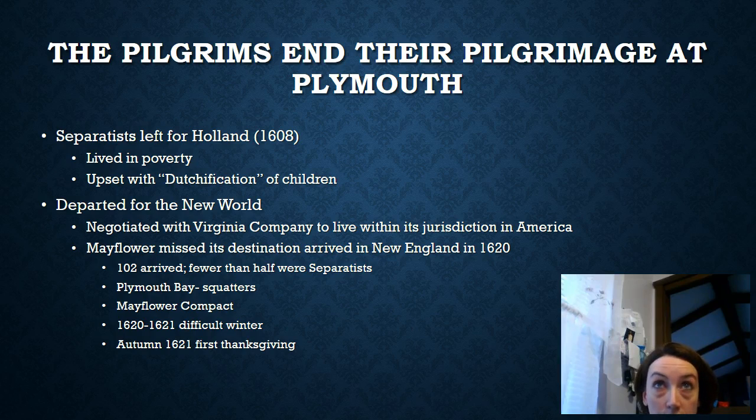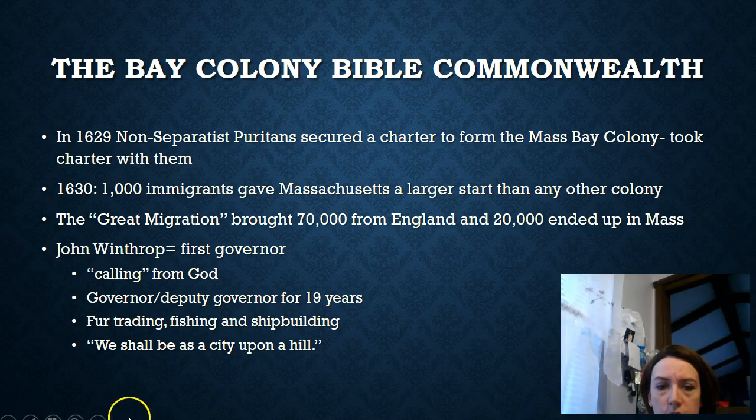He had been actually taken hostage or kidnapped and spent some time with the English, so he could speak English, so he could communicate, and he showed them how to farm, the Three Sisters farming and all of that great stuff. And so they actually do have a successful harvest in the fall of 1621, and that's when we celebrate the first Thanksgiving, which is not truly Thanksgiving, the holiday that we know it. It's just giving thanks for the harvest. It will take some years before that's actually established as a holiday.